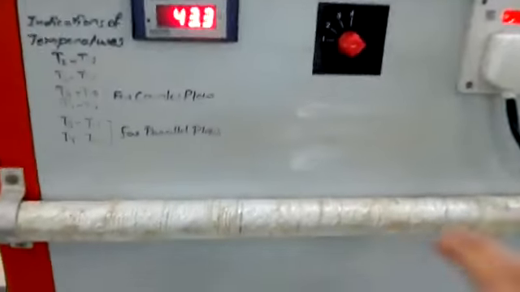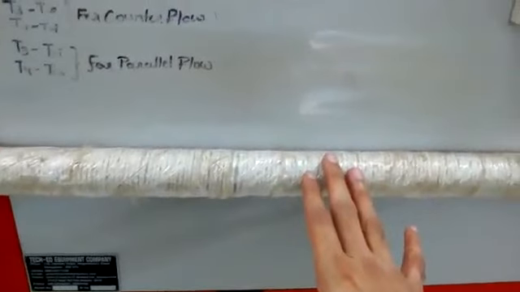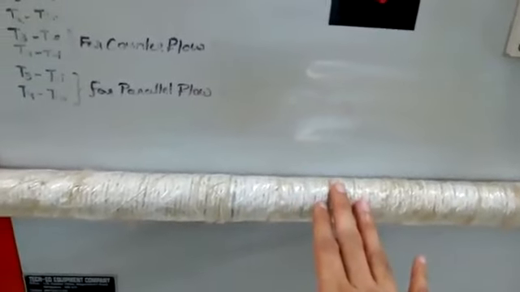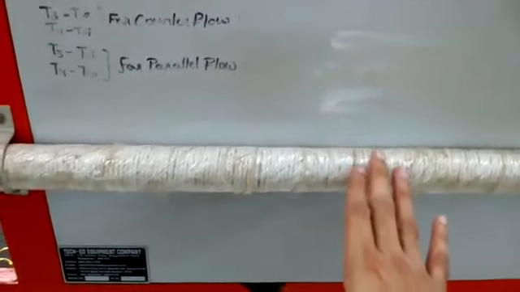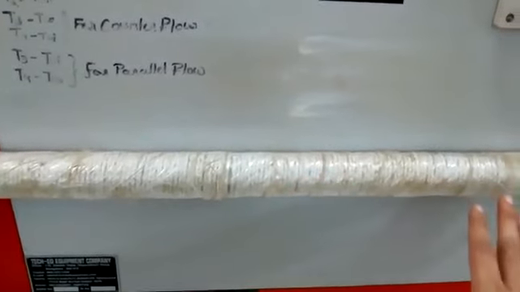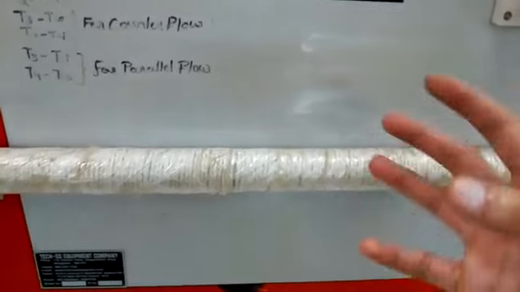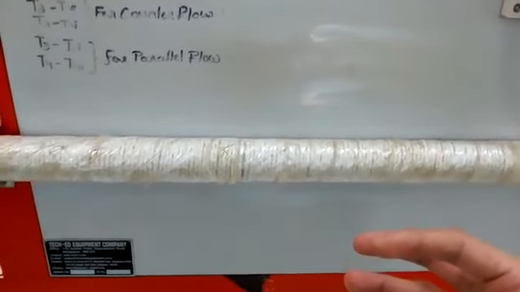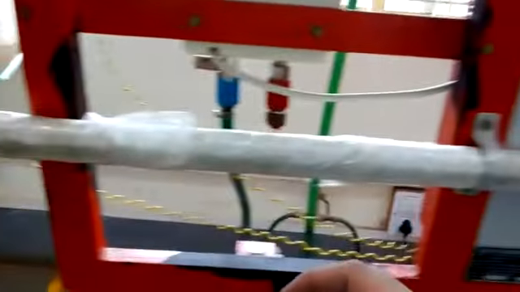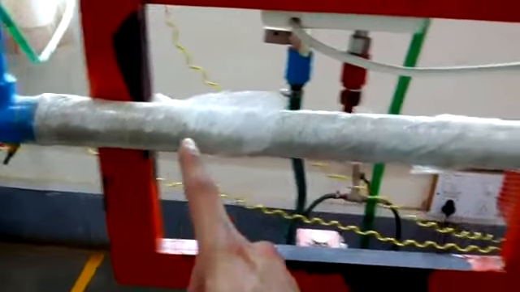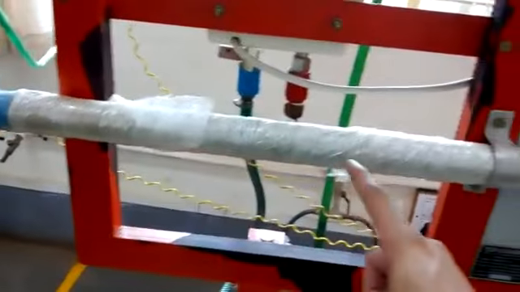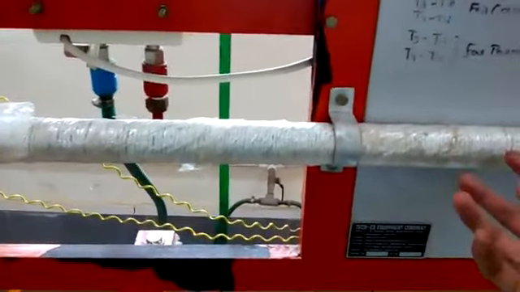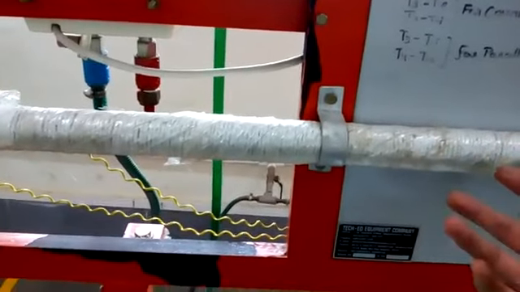This is a tube consisting of inner tube as well as outer tube, a tube in tube arrangement. In the inner tube, hot water is going to flow and hot water is surrounded by the cold water. Hot water is going to travel from this direction to this, and cold water is also traveling in the same direction in a different pipe. That's why it is a tube in tube arrangement.